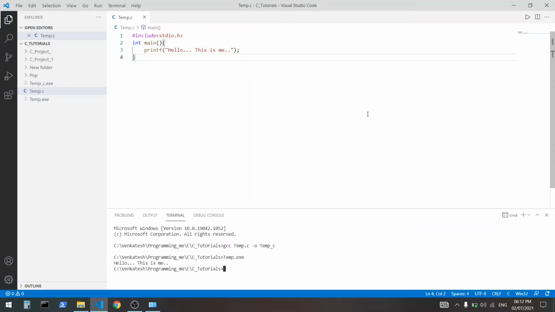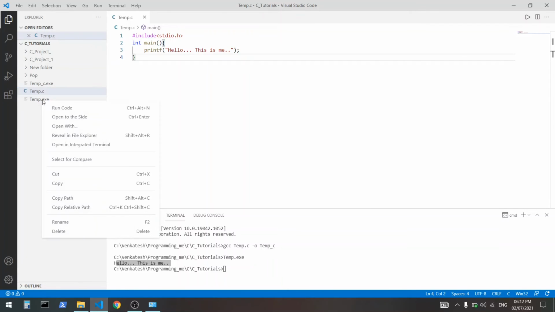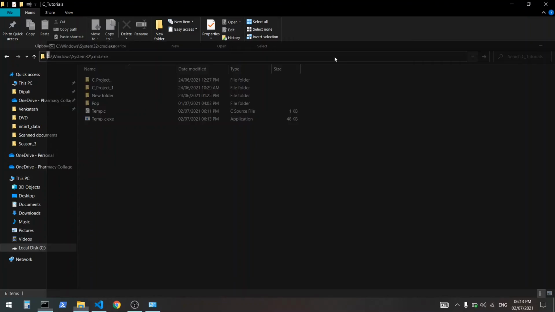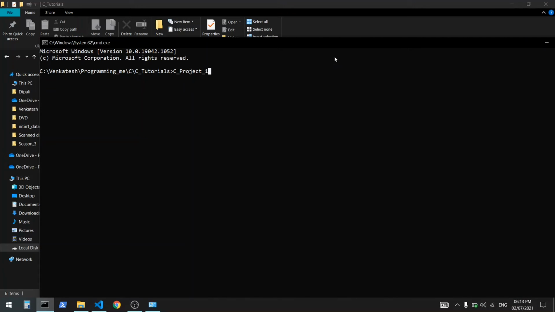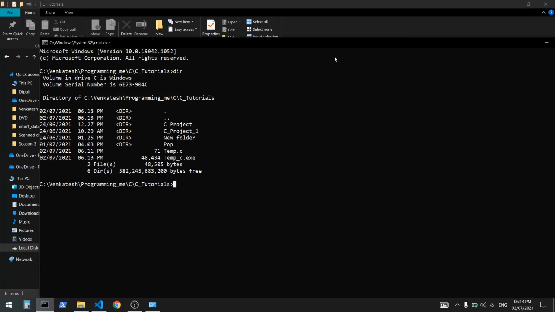So here is the output. You can do it via your cmd also. There is a command called dir. Here you can see the temp_c.exe file. So just toggle and hit enter. You will get your output.